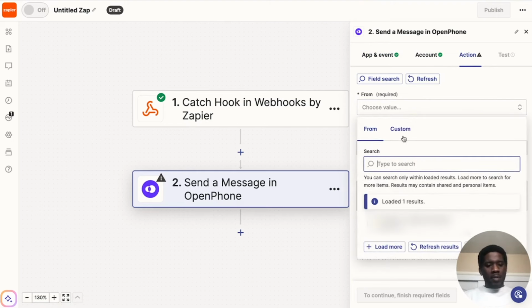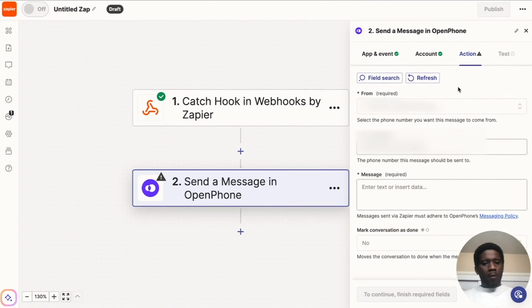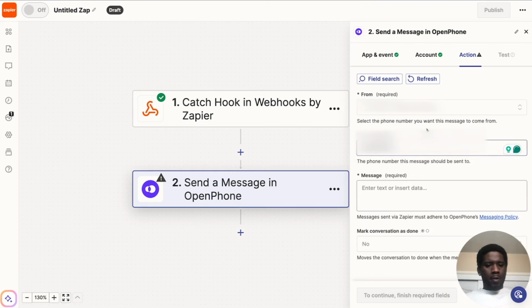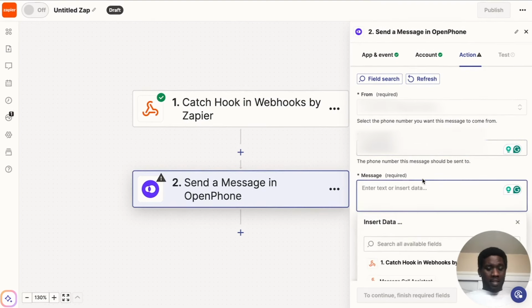Where is it going to be sent from? We want it to be sent from our OpenPhone number. And where do we want this message to be sent to? We're going to have this message sent to my phone number here. Now I'm going to blur this out. And what message do we want this text message to contain? First, let's have a header for this text message. We'll go heating and plumbing